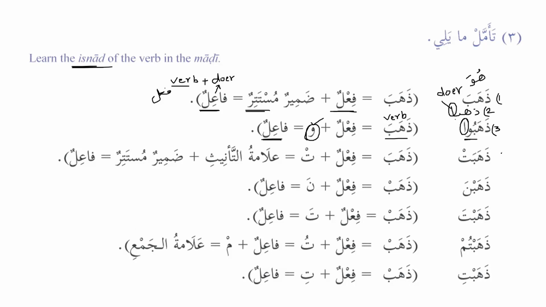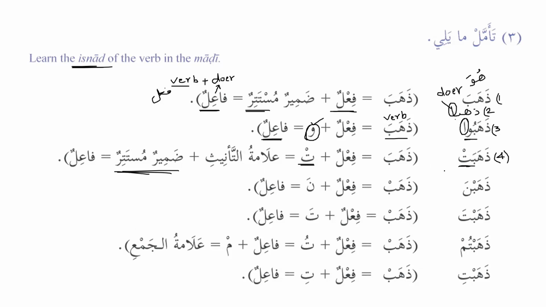In number four, which is dhahabat, again the doer is damir mustatir. As we know, in form number one and form number four, the doer is the hidden damir mustatir. So dhahabat is the verb, and this ta is always sakin. Dhahabat, kharajat, nasarat,